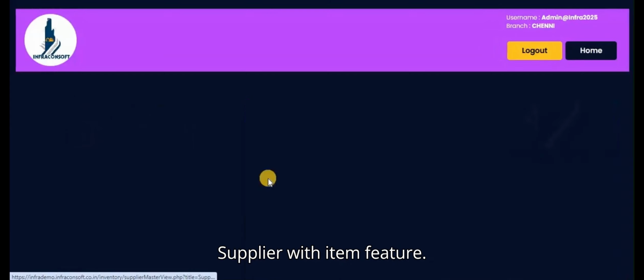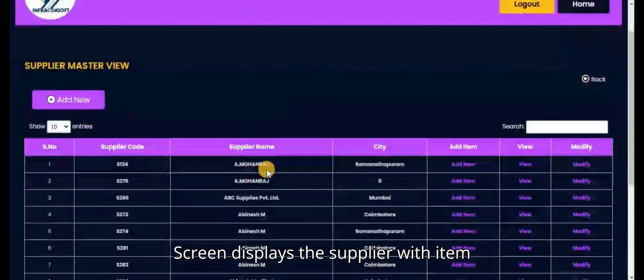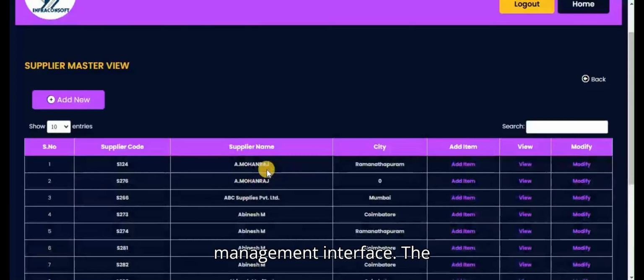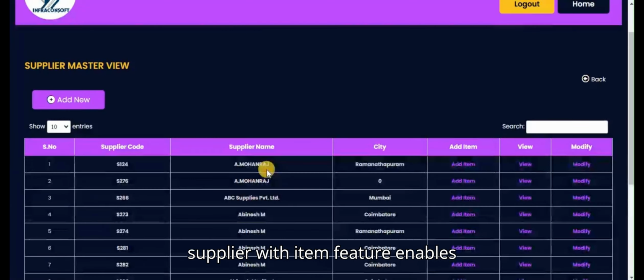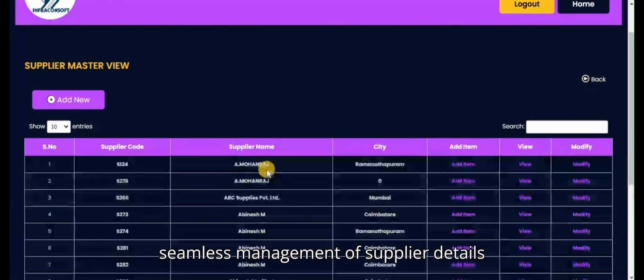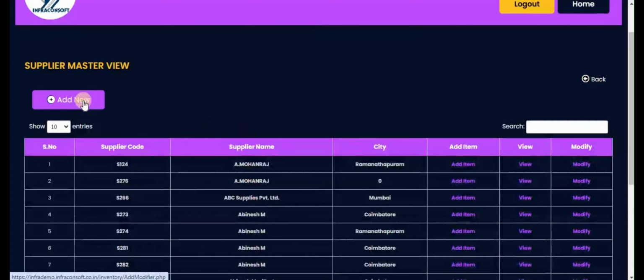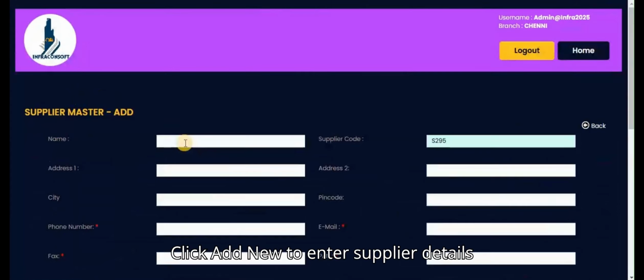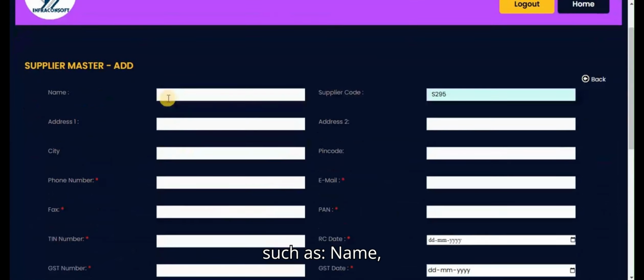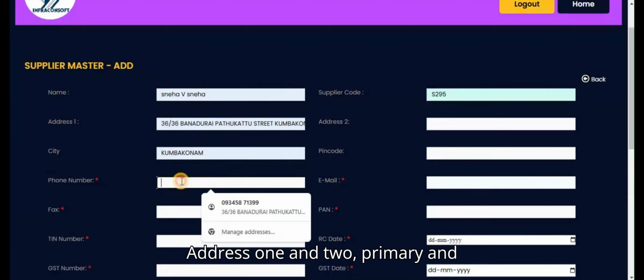Supplier with Item feature. The screen displays the Supplier with Item management interface. The Supplier with Item feature enables seamless management of supplier details and their associated inventory items. Key functionalities: add and manage suppliers. Click Add New to enter supplier details such as name, supplier's official name, address 1 and 2, primary and secondary